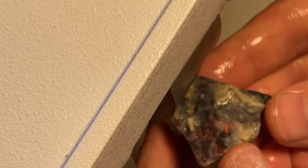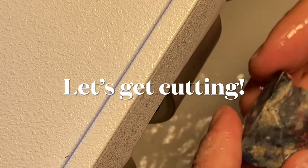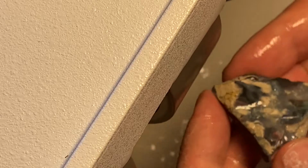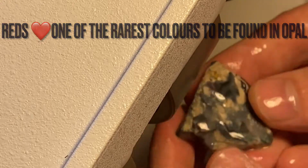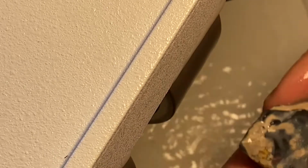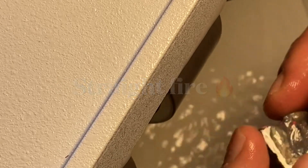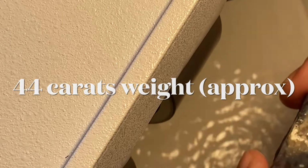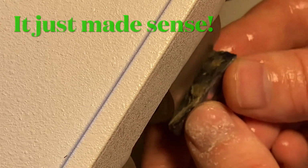Here I'm working again on the Magma Magnum, and the reason that I called this stone that is because it has all this red looking color. Its play of colors are a multicolored display, but the red and the red orange that it displays, it has a lot of red and a lot of orange. It's about 44 carats weight, and Magma Magnum made sense looking at it because it just has all this red that looks like lava flow or magma,